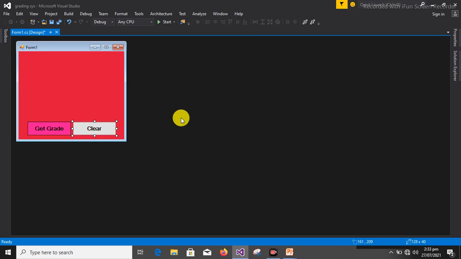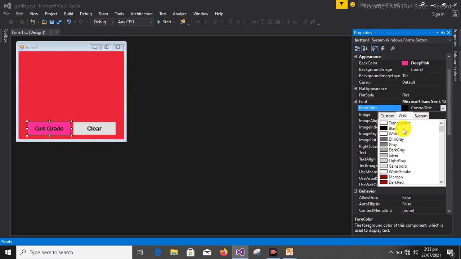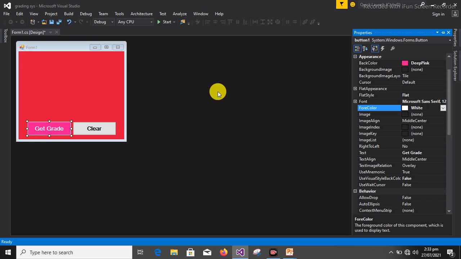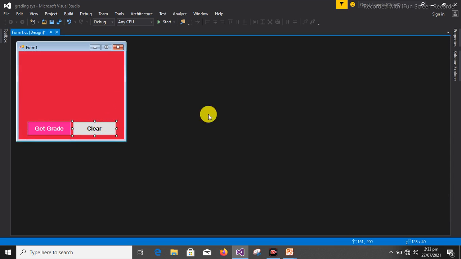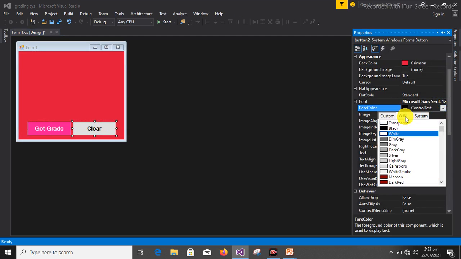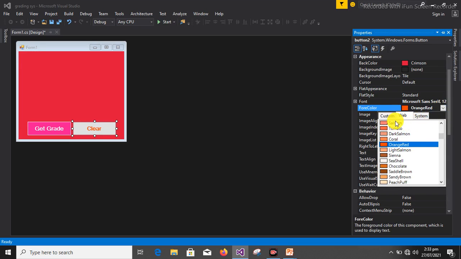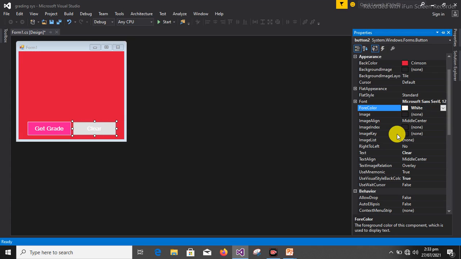So you can change this one also. You can change the font color, which is black, to white. Good. So this also will change the background color since it's clear. Oh no, the fore color, sorry, the fore color should be white. Good. So the background color should be